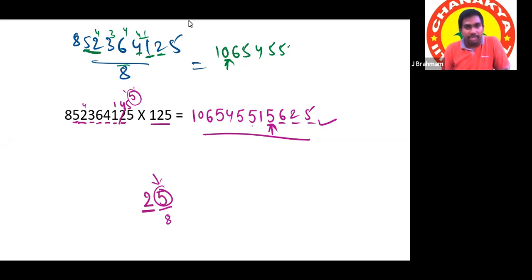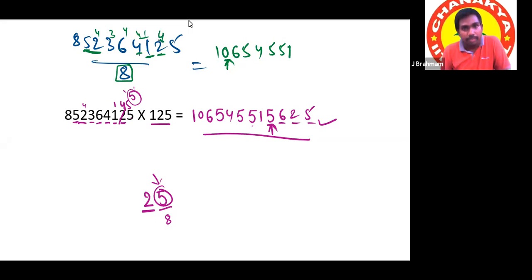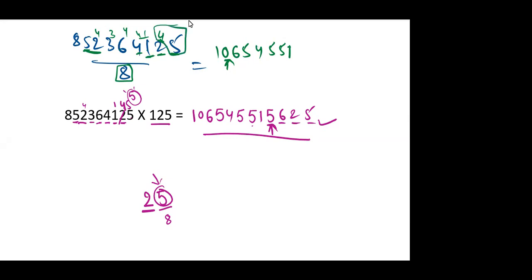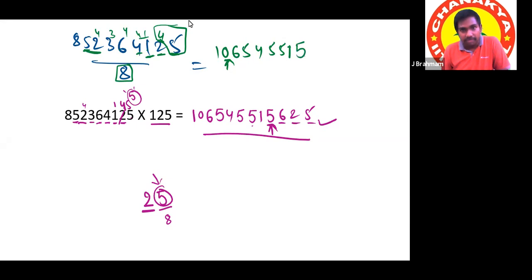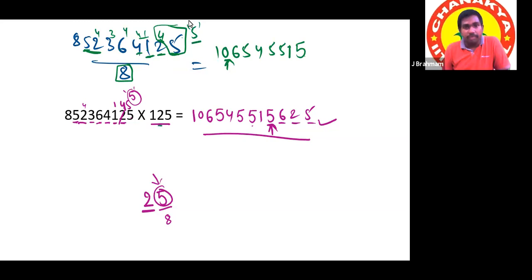We are dividing by 8, right? In 12, it will go 1 time, and the remainder will be 4. Finally, remaining with the 4, adjacent number 5, now it is 45, not single 5. Here we took 5, means 8 fives are 40, and now 5 is the remainder finally. That is what I'm telling. So with this 5, we'll multiply this number to get the last 3 digits: 625.